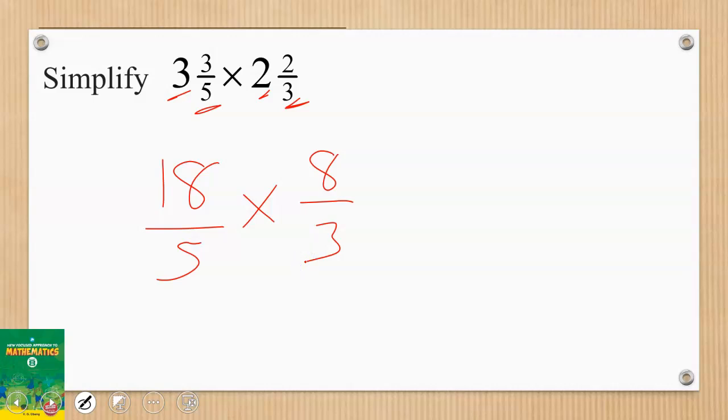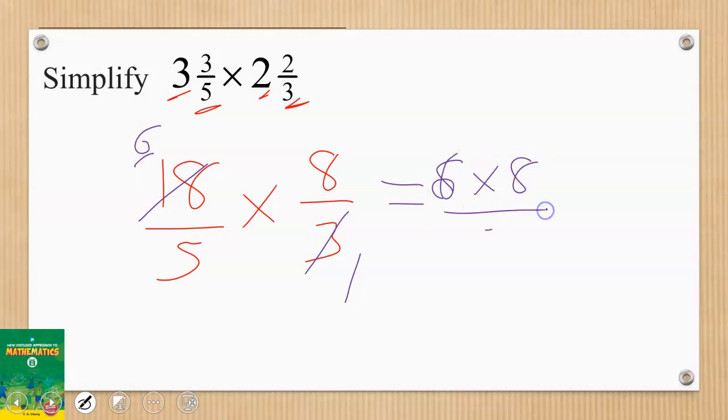And so here we can see if we can do simple cancellation. 3 can divide itself 1, 3 can divide here as 6. Okay, so then we can have our answer to be 6 times 8, all divided by 5. And 6 times 8 will give us 48 divided by 5. So we can leave our answer like this, or we convert it into